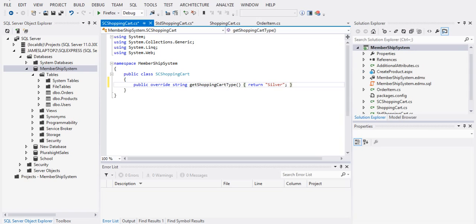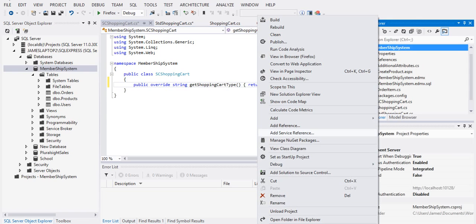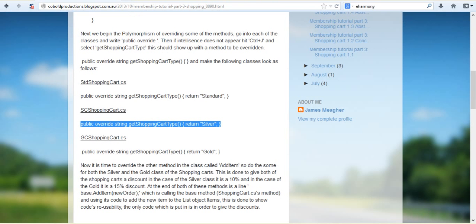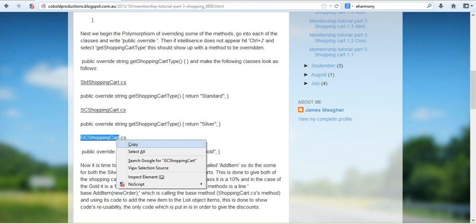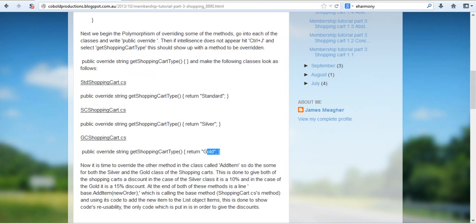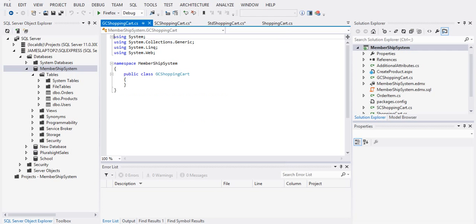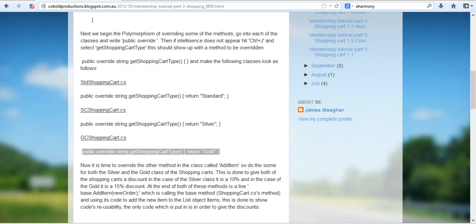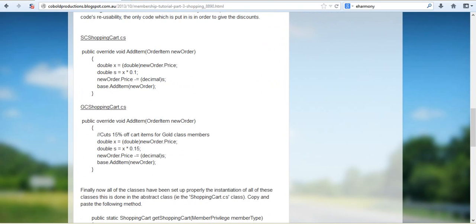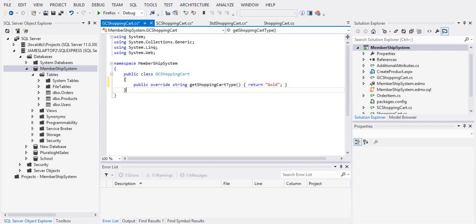And then from here, we add another class. And it's the GC shopping class, so the gold class shopping carts. And add that one, and just set this up again, of course. And there's one other. Okay, so there we go. We've got over those three methods. There's two other methods to overwrite in only the silver class and the gold class, which are